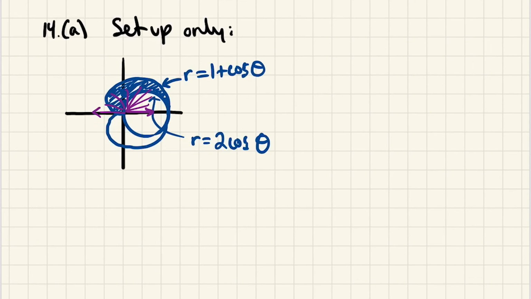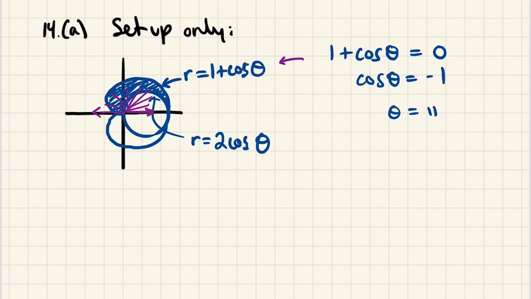All right. So we can see that first by solving where this particular function, 1 plus cosine of theta, is equal to 0. So cosine of theta is equal to -1. In this case, theta will equal pi plus everything coterminal to it, but we just worry about pi here. Okay, so we can see that our area is going to be the integral from 0 to pi of 1/2